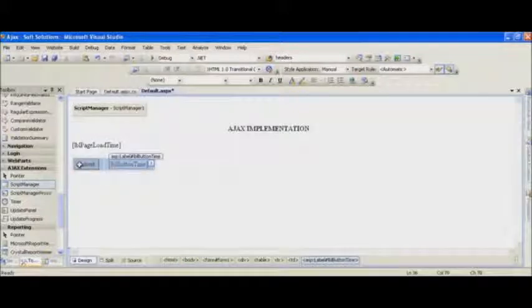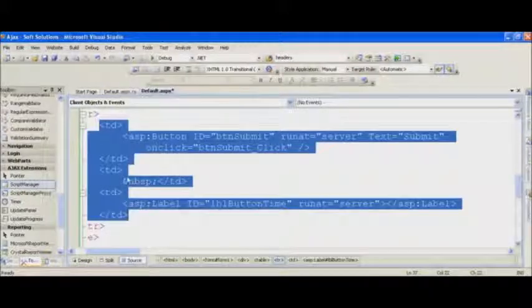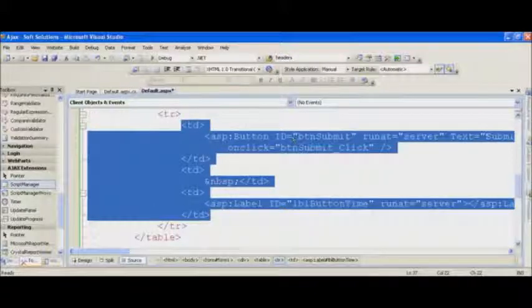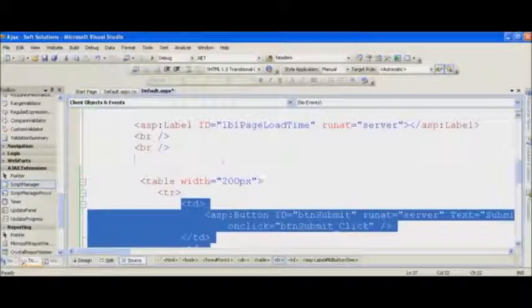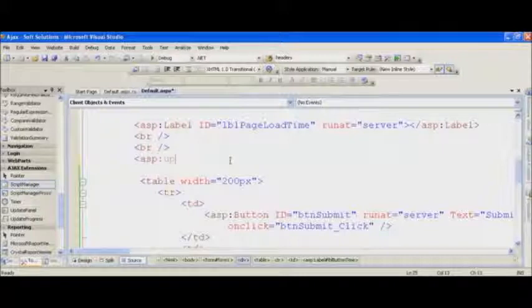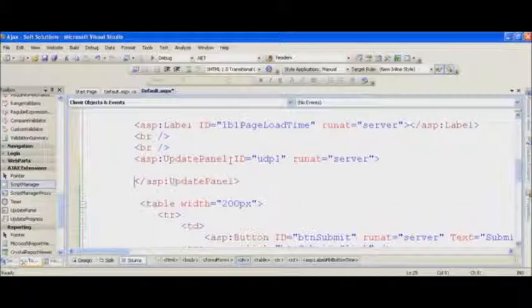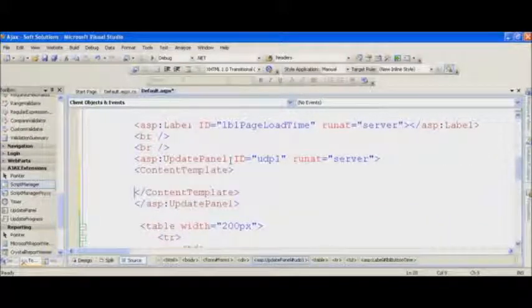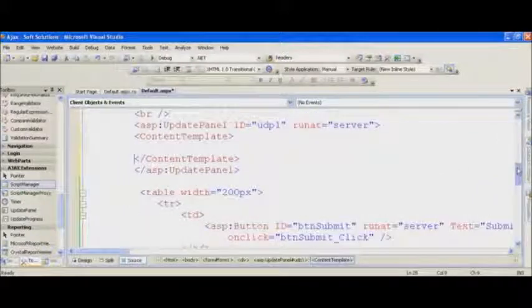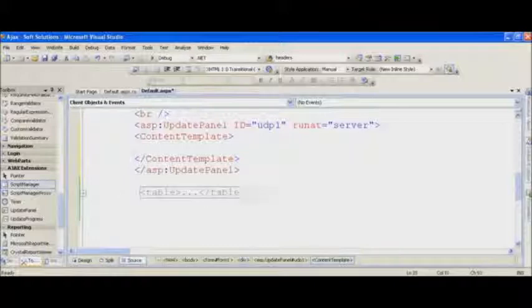Now we want these two controls inside the AJAX, so just take an update panel: asp:UpdatePanel ID equal to UPD1, runat equal to server. Now inside the update panel, take a content template. All the controls which you want to be inside the AJAX, just take them inside the content template.